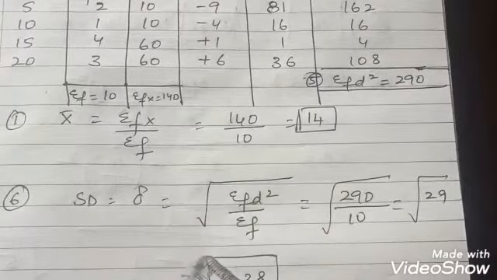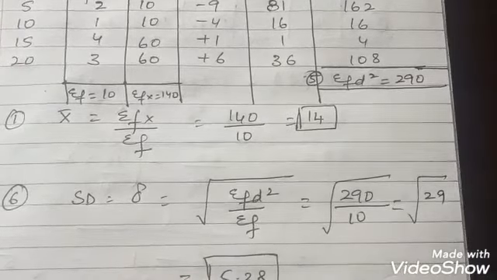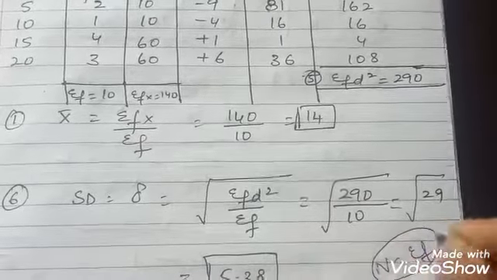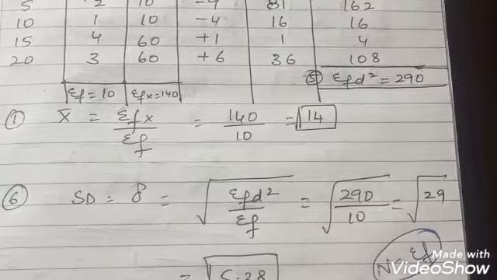Children, I've told you the very first day when I started stats, in discrete and continuous series, n is termed as sigma f. But I would always recommend you to take it as sigma f and not as n. Reason, because n, you may mistake it for the number of items, assuming it to be 4. But the total number of items are 10 here. So sigma fd square upon sigma f. When you post the values, you get 29, and when you open the under root, it is 5.38.